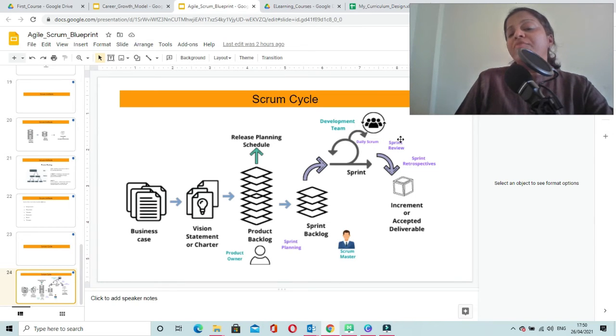After the sprint review meeting, the team will conduct the sprint retrospective meeting. This meeting is also conducted at the end of the sprint after the sprint review to understand if we need any changes in any of the processes or any of the tools that we are using. For example, if we feel that current interactions are not effective, we may come up with some new tools of communication within the team and to communicate with other stakeholders. These are the kind of things that we discuss as part of the sprint retrospective meeting.